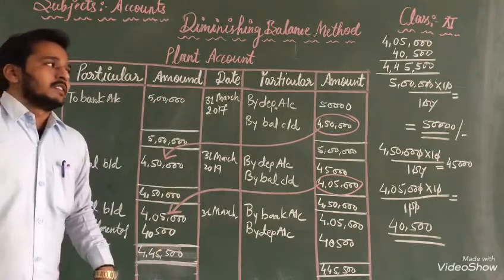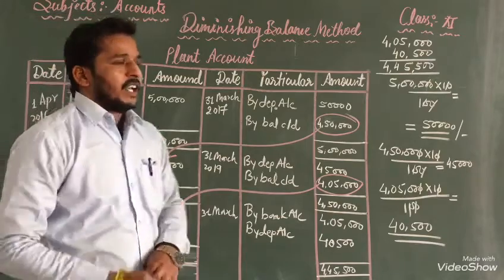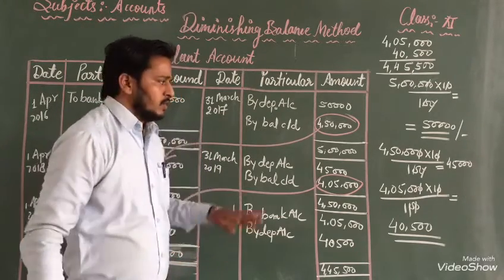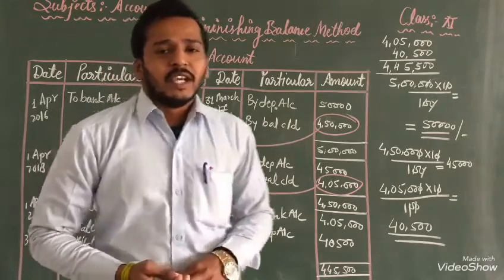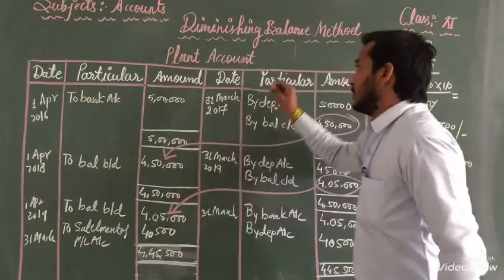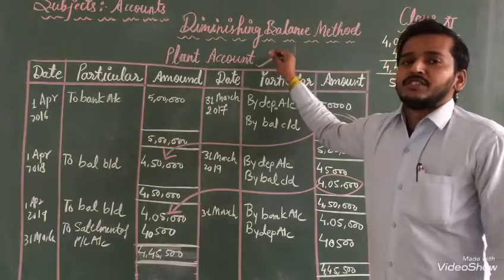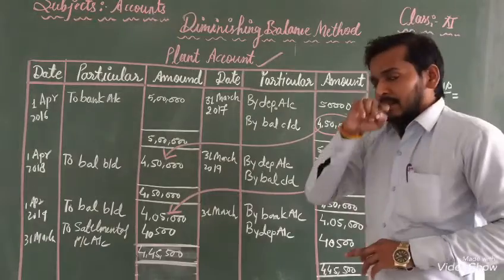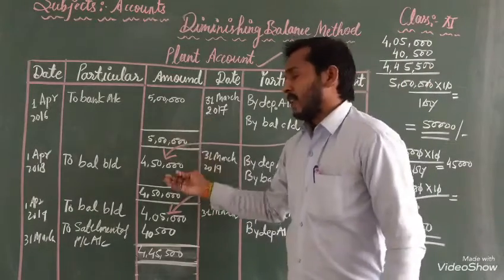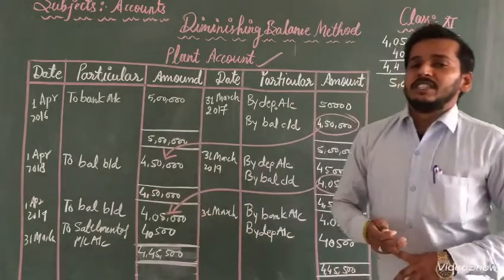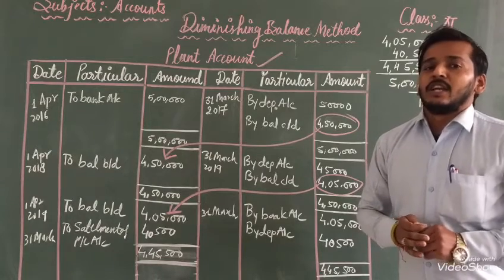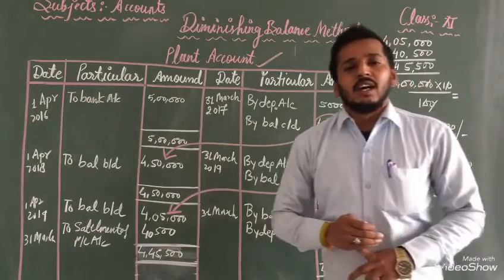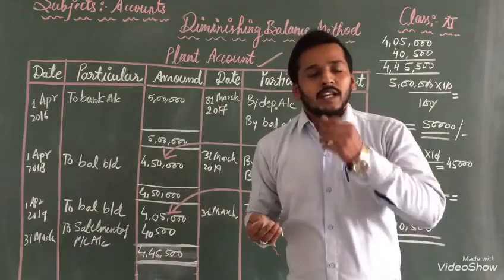So now, dear students, this is the important information for you. With the help of that, you can solve your questions. Now, you have to repeat it and make a note. With the help of that, you have to know how we can make the plant and machinery account. This is the important information for you all. Now, these are the steps. With the help of these steps, you can know each and every question. If this type of process comes in the question in the exam, in any problem, you can solve it.